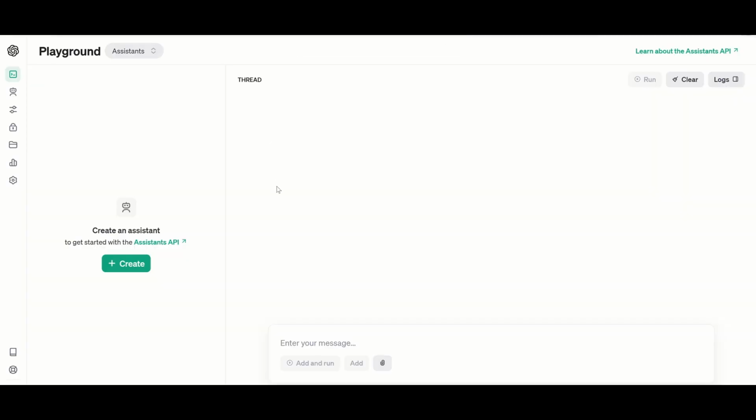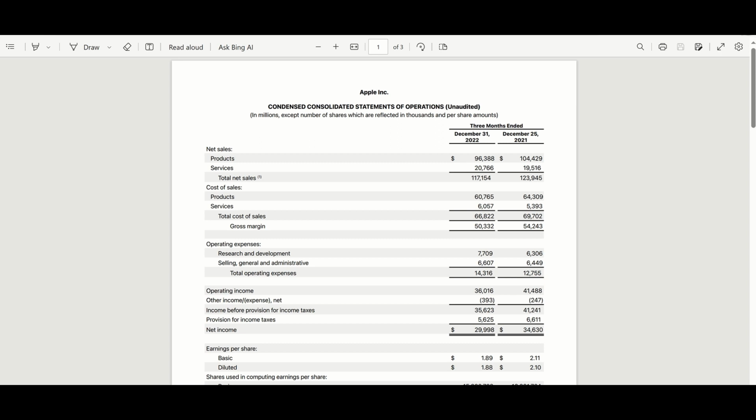Okay. So this is the OpenAI playground, and you can access it by using the URL platform.openai.com/playground. Today we'll be building an assistant that will be answering questions from a table, which is in a PDF document. For this, I have selected two documents. One is the FY23 Q1 consolidated financial statements of Apple Inc. This is what I would call a borderless table. And I've chosen one more document,